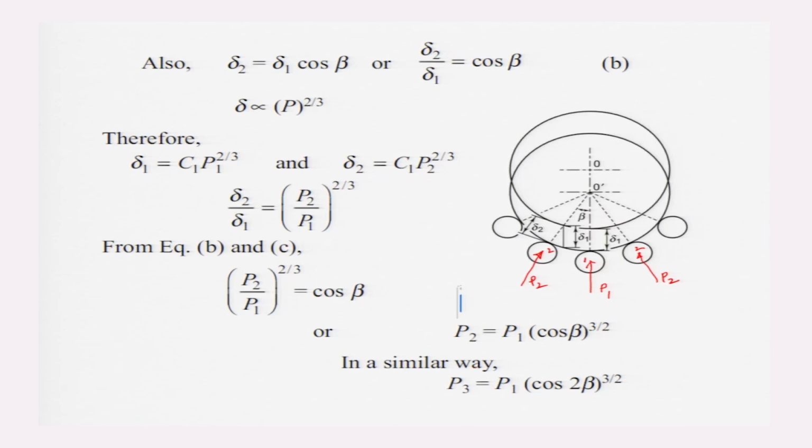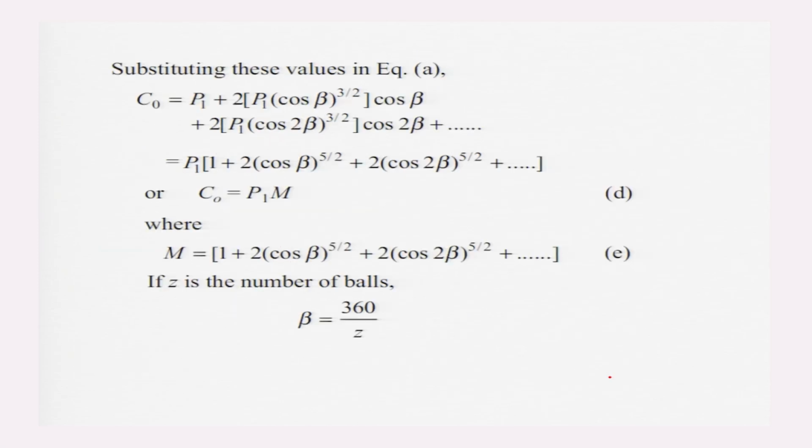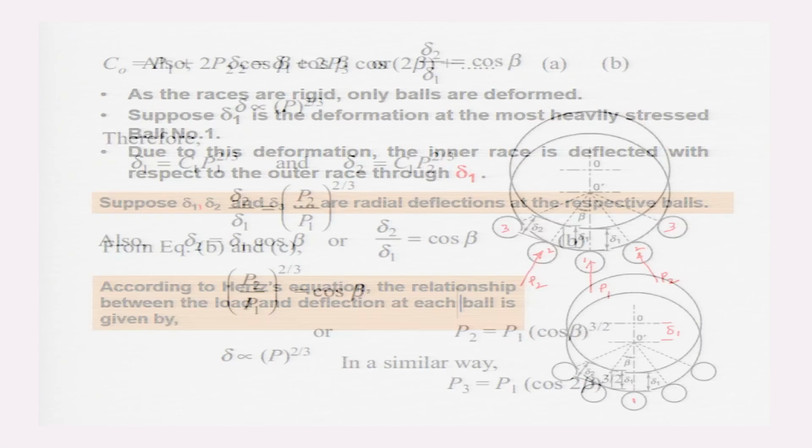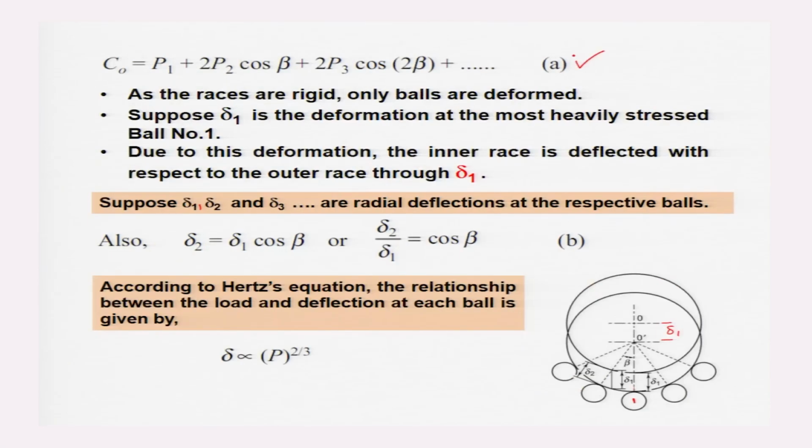That means on the third ball, the force P3 will equal P1 (2 cos β)^(3/2). Substituting these values in equation A, where C0 is equal to P1 + 2 P2 cos β + 2 P3 cos 2β, so substituting the values of P2, P3 and others in terms of P1,